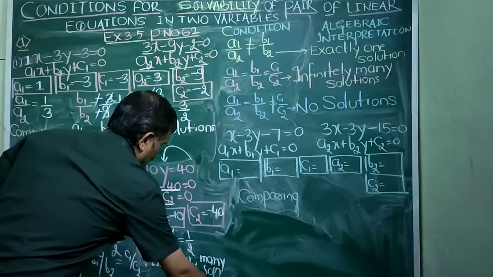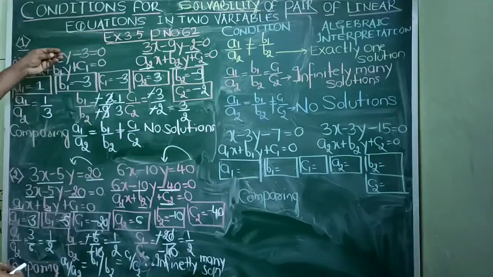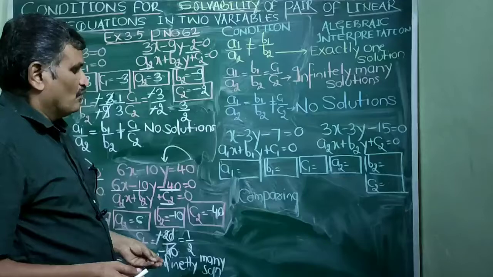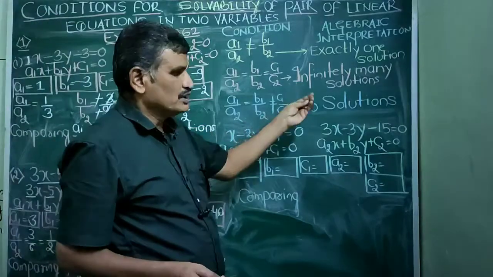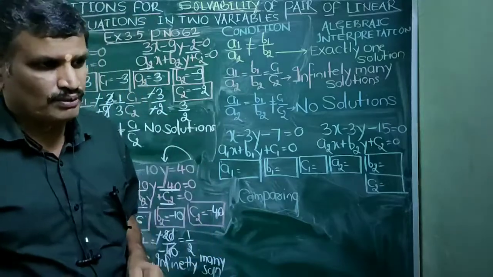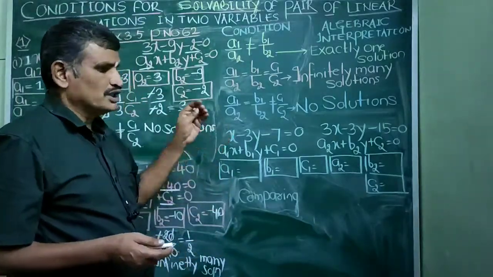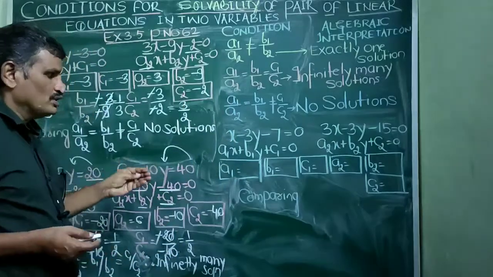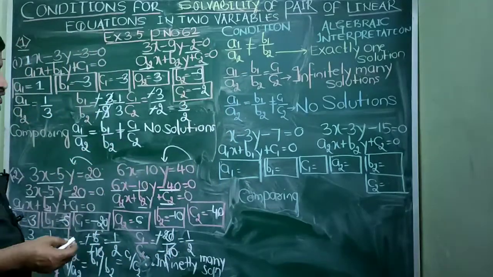Now I have solved the first problem and the second problem. Let us see the third problem. When the problem is already given in standard form, you need not take tension. Directly you can solve the problem. But if it is not given in standard form, then you need to convert it into the standard form, and then only you solve it. That is a golden rule that you should always remember.